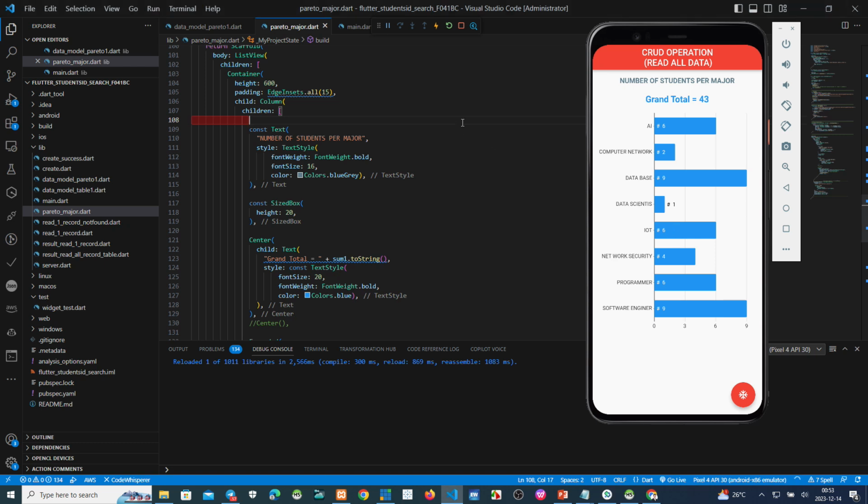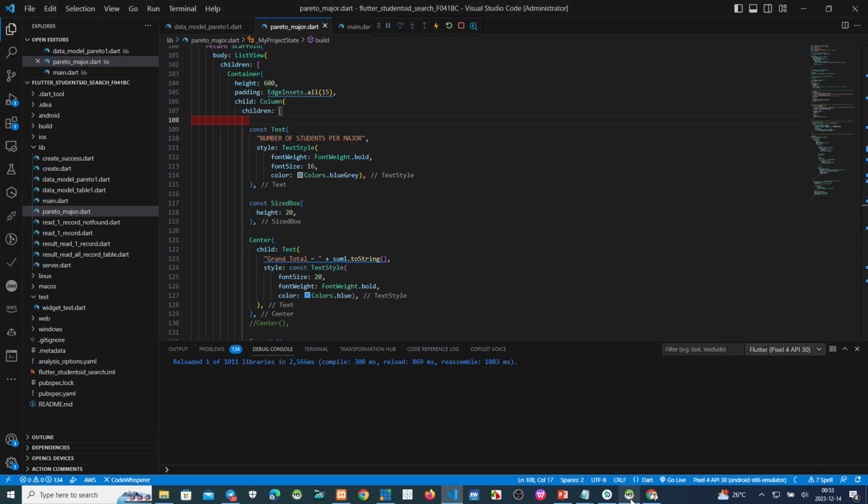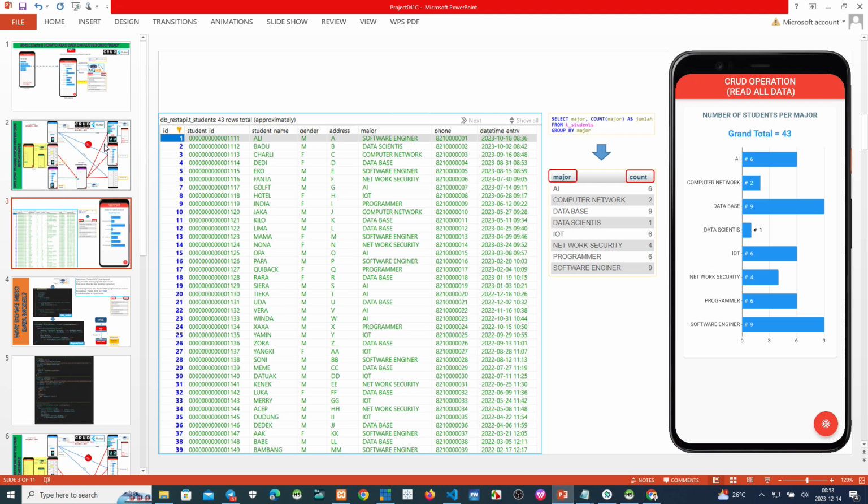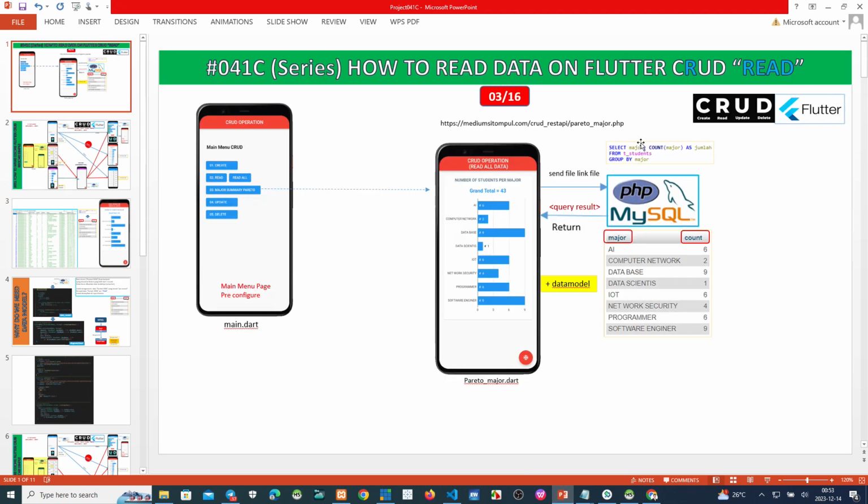Okay, now we have finished. This is my result on this project. Okay, before we close this, I want to make an explanation. This is our project. This is the backend, PHP, and database MySQL.